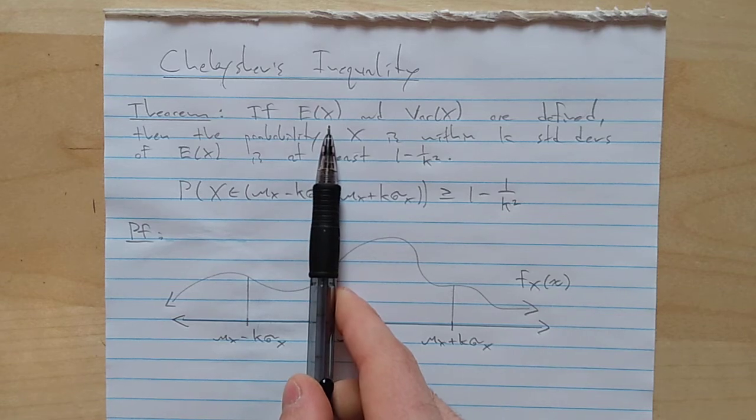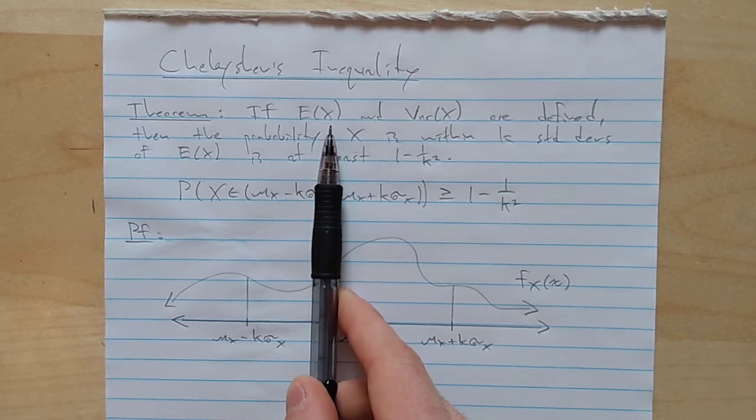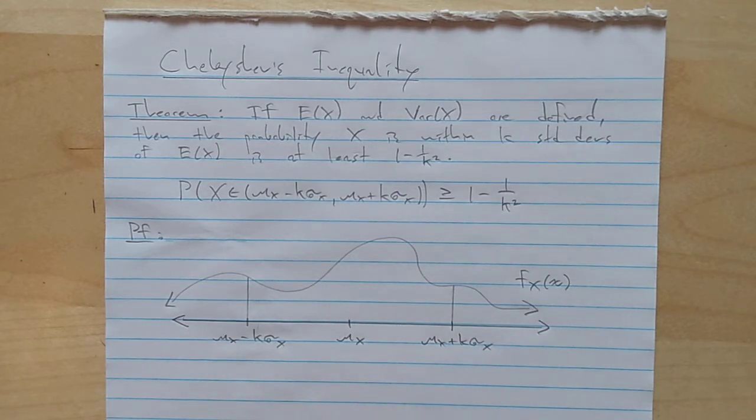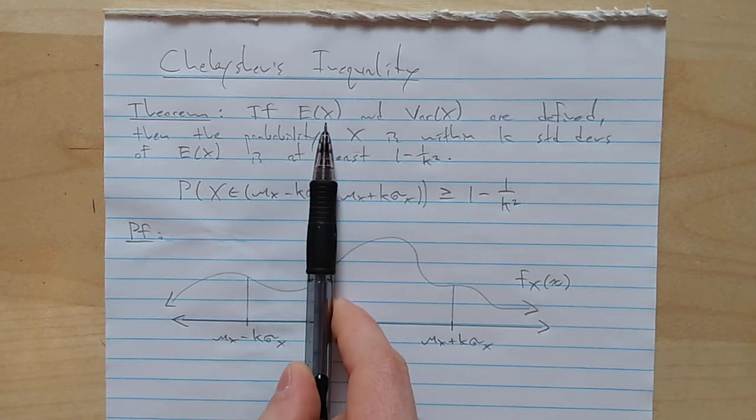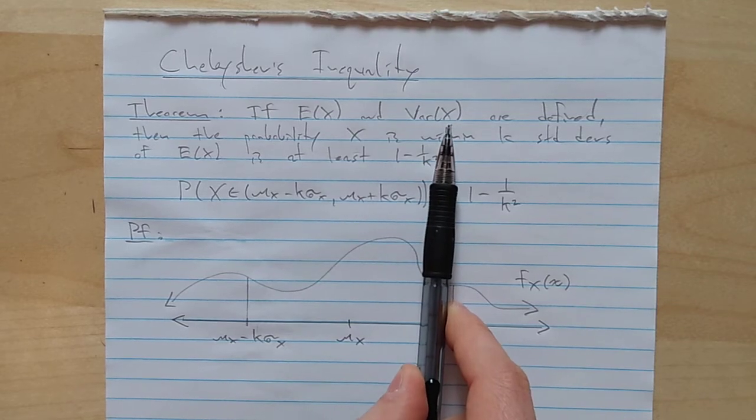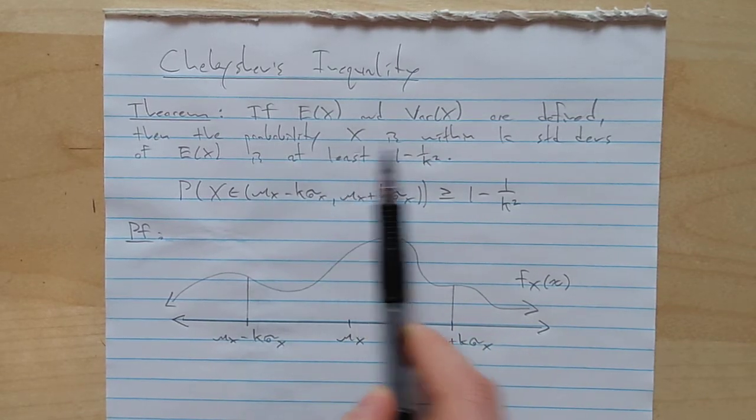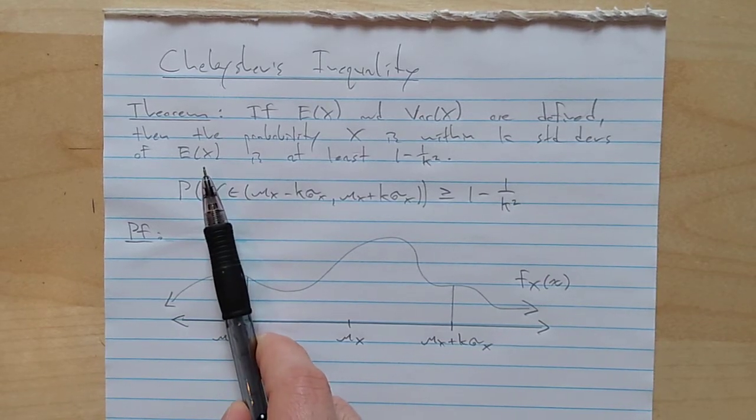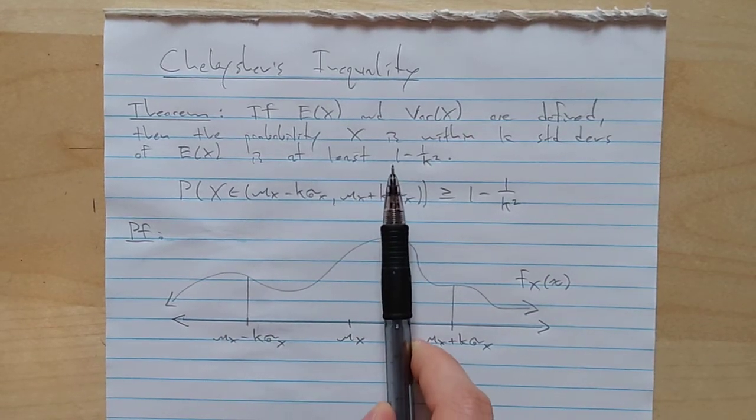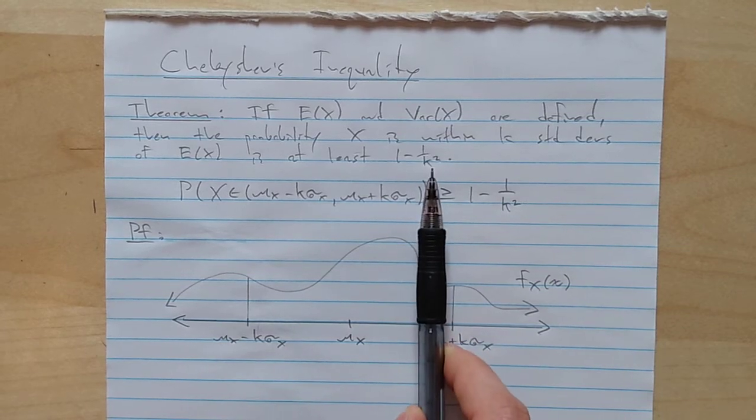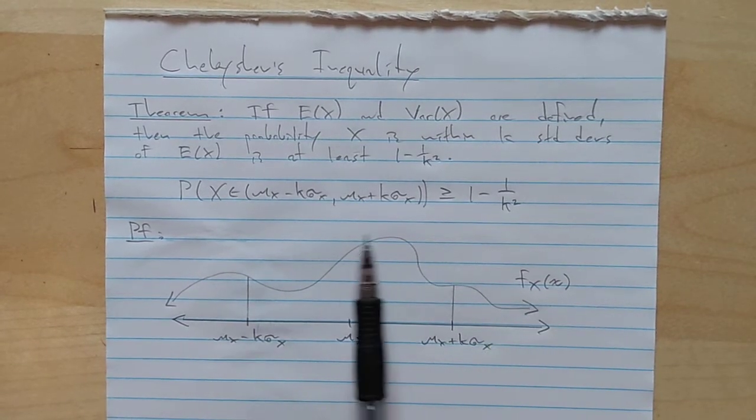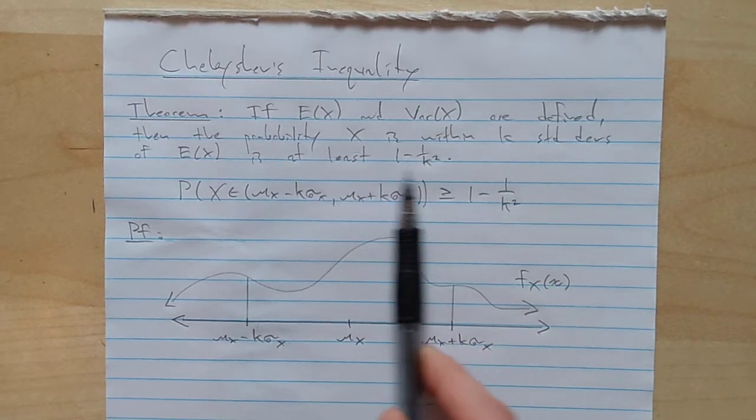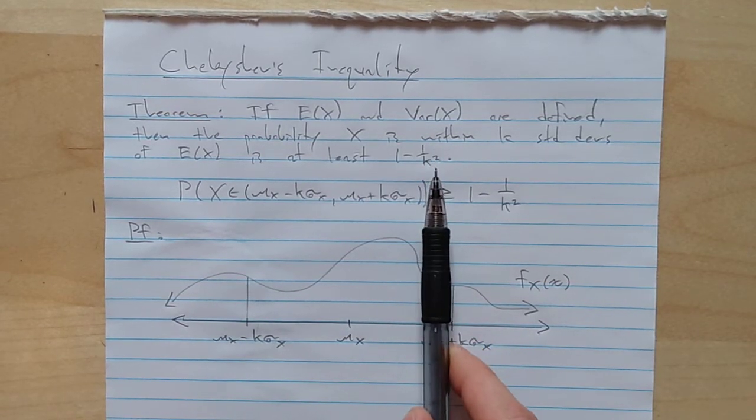If you have a random variable X, it could be discrete or continuous. I'm going to prove it for the continuous case, but it's still true for the discrete case. If the expected value and the variance of that random variable are defined, the probability the random variable ends up within k standard deviations of its mean, of its expected value, is at least this thing, 1 minus 1 over k squared. So in particular, if you take k to be 2, this comes out to be 1 minus 1/4,